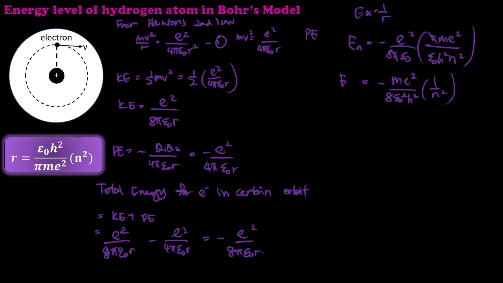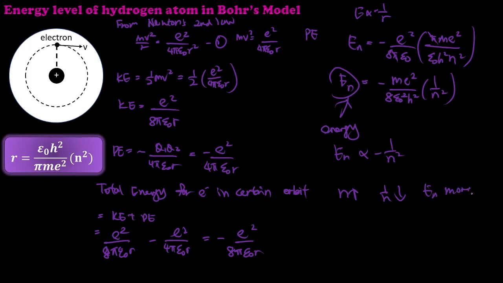So can you see this? This is actually called the energy level. The energy level is actually the energy in a certain orbit, the total energy in a certain orbit. So the energy level actually depends on n. So as your n increases, 1 over n becomes smaller and smaller. So in other words, En will become